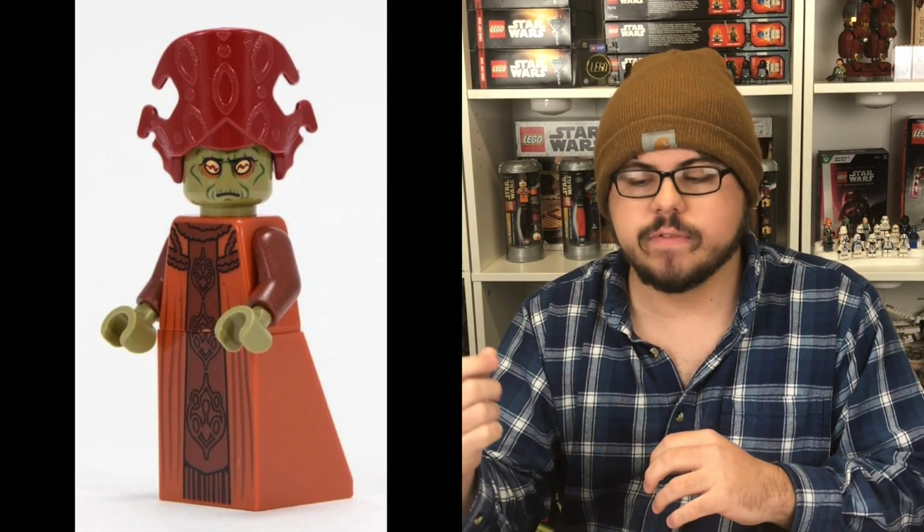Next up, we have the new Nute Gunray right here. So this is a minifigure that is probably pretty under the radar. A lot of people probably don't think of Nute Gunray when we think of LEGO Star Wars minifigures, and he's actually going for right on the money of about 15 bucks, right under 15, maybe a little over 15. But I definitely think this is the best Nute Gunray that we can ever